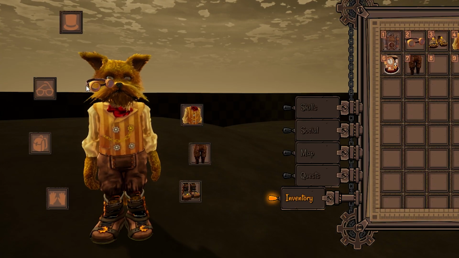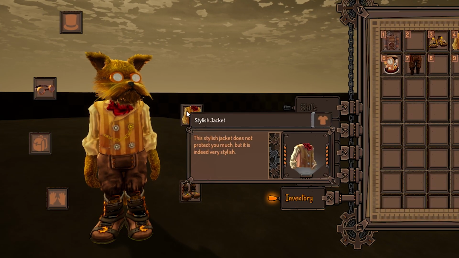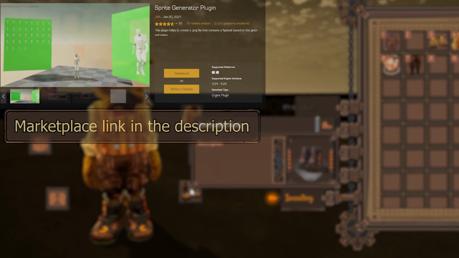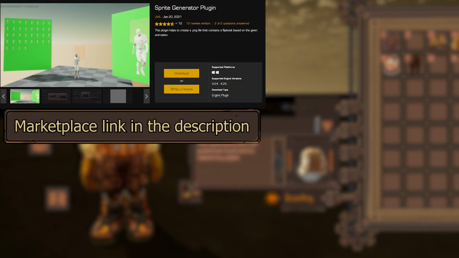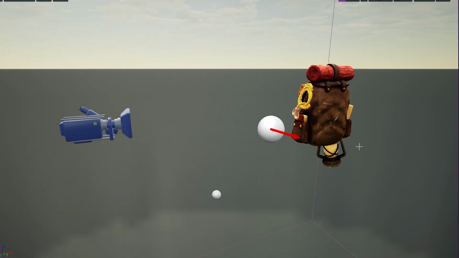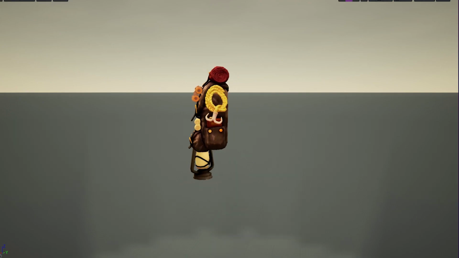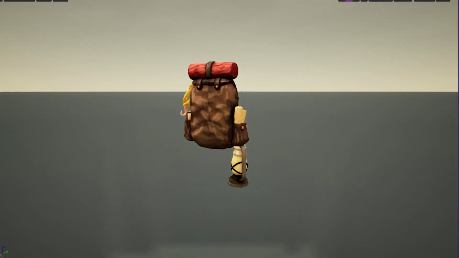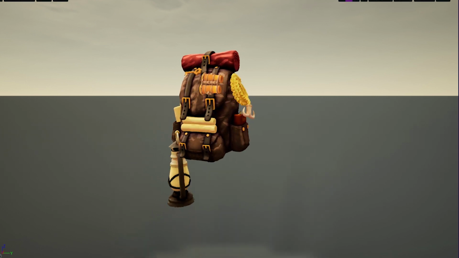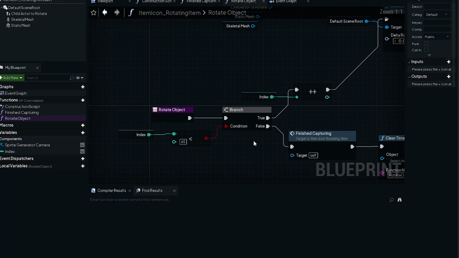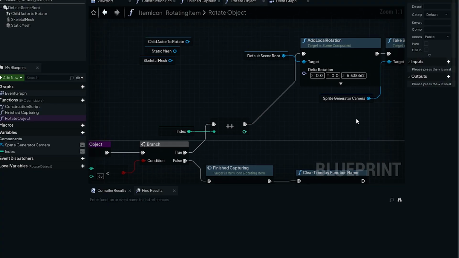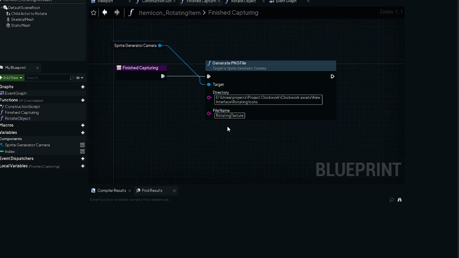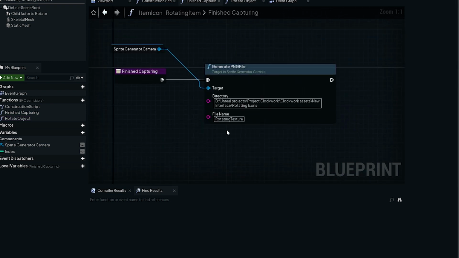The way I do this is with a free plugin called Sprite Generator. With this, I set up this camera with a rotating actor, and the actor will rotate the model just slightly. Take a screenshot, then repeat. After 64 screenshots, I tell the camera to save the image into my computer. From there, I change the name of the file and then I import it back as a texture to be used